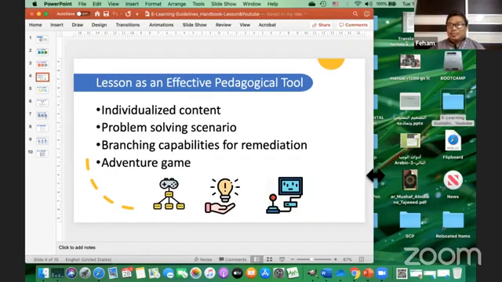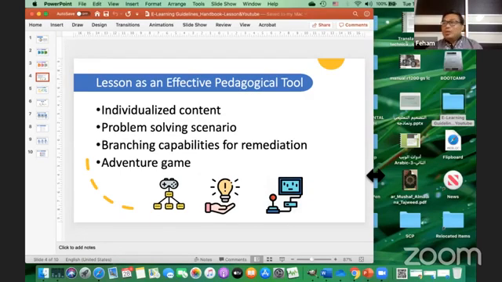Especially for those who need your assistance, for remediation, for instance, you can guide the student. If the student is too weak, then they will go to this path, which will present basic information in order to strengthen the student's skill and make them familiar with the content. For those who are skillful, they will go to different paths, and the content would be slightly different and maybe more complicated in comparison with the one for the weak students. It can be that way.